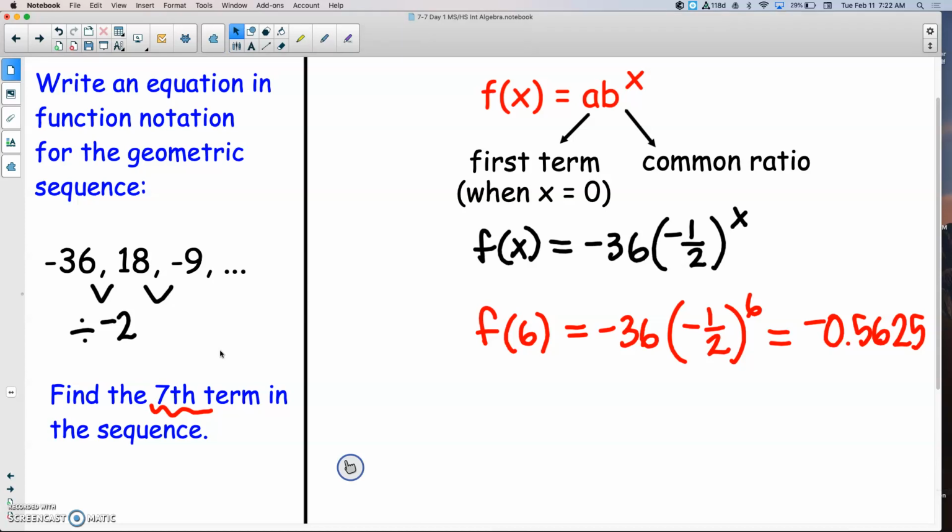So writing equations for geometric sequences, finding the next 3 terms, or finding a specific term number, and determining if sequences are arithmetic, geometric, or